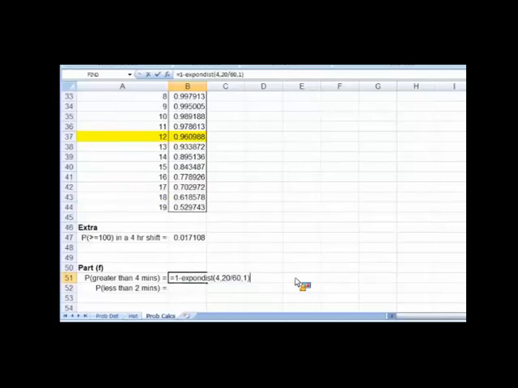Okay, let's take a look at that, make sure we're clear on what's going on. Probability of being greater than 4 minutes, or again, same in this case as saying greater than or equal to 4 minutes. It's going to be 1 minus EXPON.DIST of my 4 in minutes, my lambda expressed in calls per minute. So I've taken 20 now and I've divided by 60 to convert it to calls per minute, comma, 1. So there's just over a 25% chance that he will get to his phone and back in time before the next call comes in.